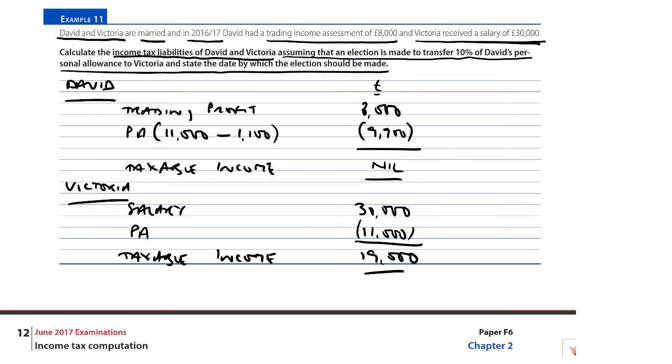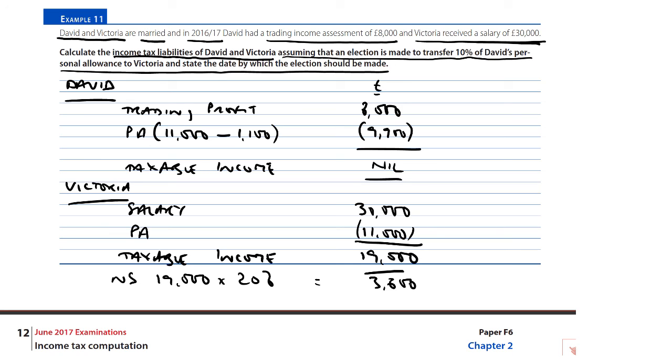Now, how would we then tax that £19,000? We know that it is non-savings income. 19,000 of non-savings taxable income. All of that is in the basic rate band, so it would be times 20%. 20% of 19,000, 2 times 1,900, is £3,800. That would have been it, but with the election having been made here, that was to